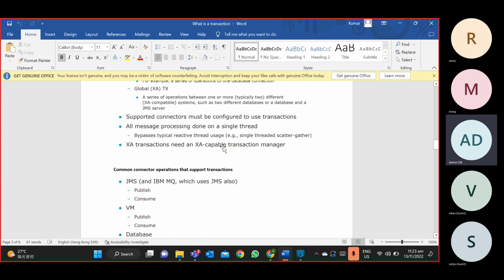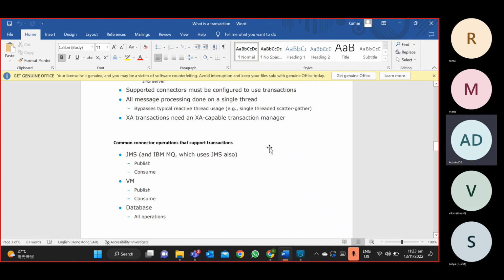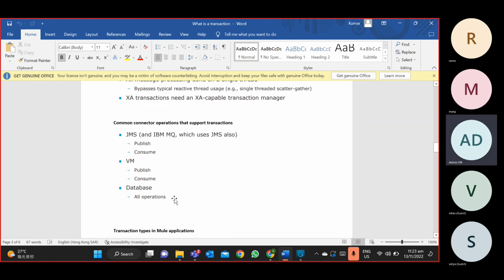XA transaction needs an XA capable transaction manager. By default, this transaction manager will be there with the database connector. Now here we have a list of connectors which support XA transaction. The first one is JMS. Similar to JMS, IBM MQ also supports